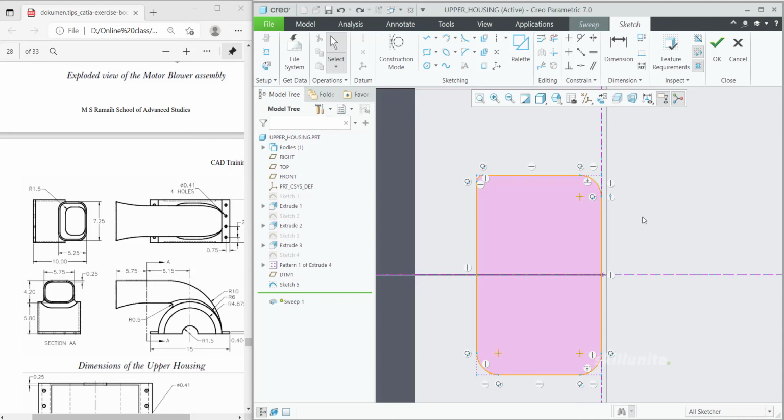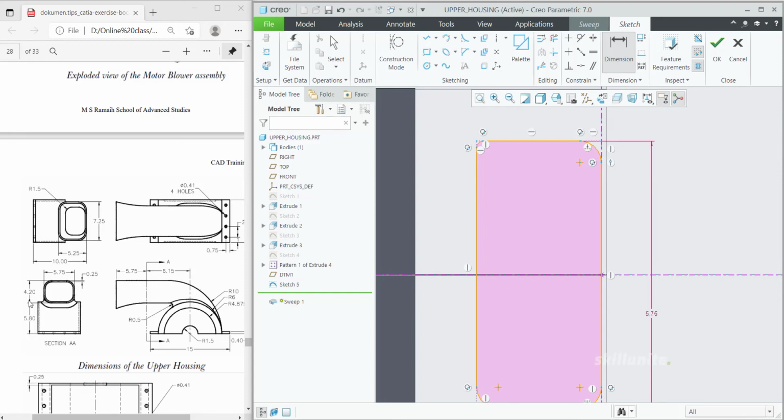So after symmetry, we will give the distances. So 5.75 is the width. So mention from here to here, it is 5.75, and then the height is 4.20. Give that one also. So 4.20, fine. So now mention your radius. So this one, it should take